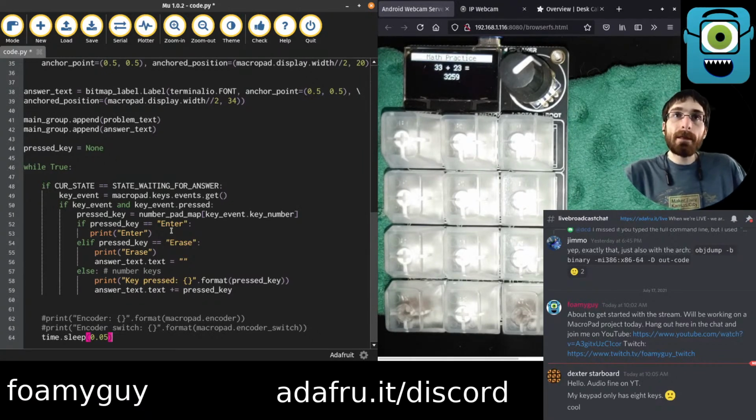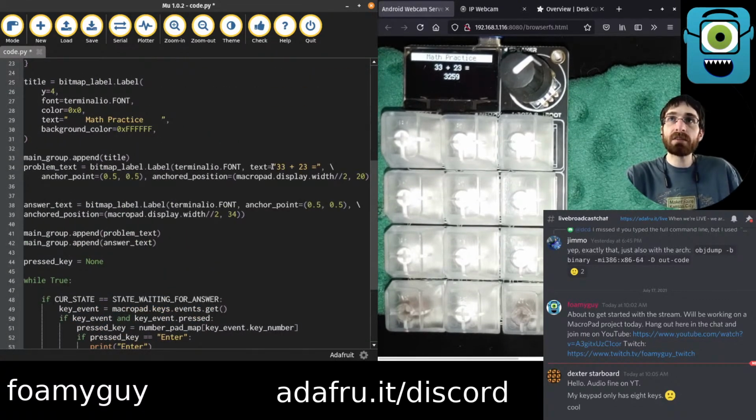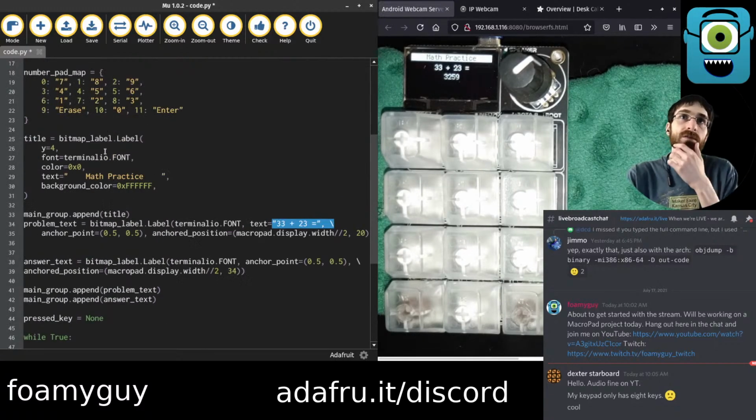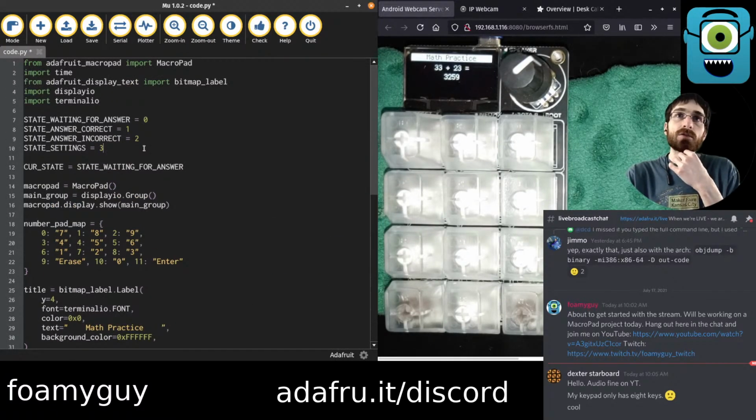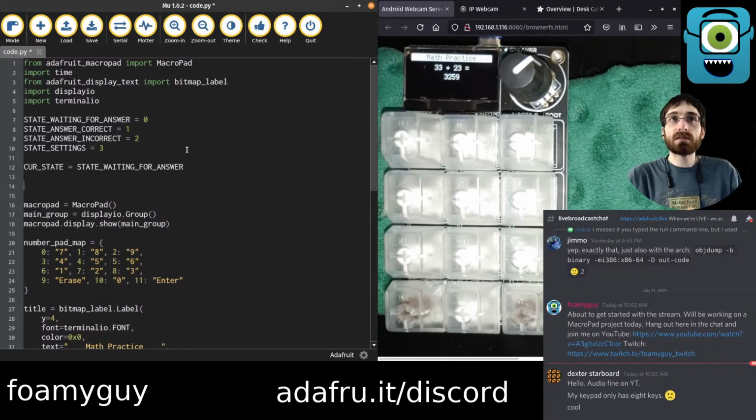So, what should we work on first? I think we should make it ask the math problem first, because right now, again, I just have this example problem here hard coded. I think it'd be good if we make that choose a random math problem. So let's do that. In order to do that, I'm actually gonna also go ahead and set up a settings